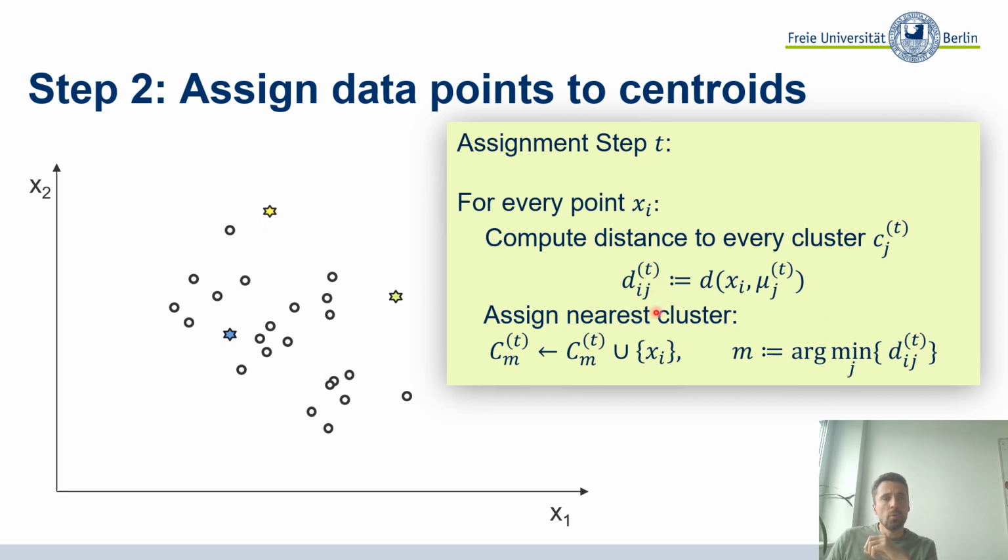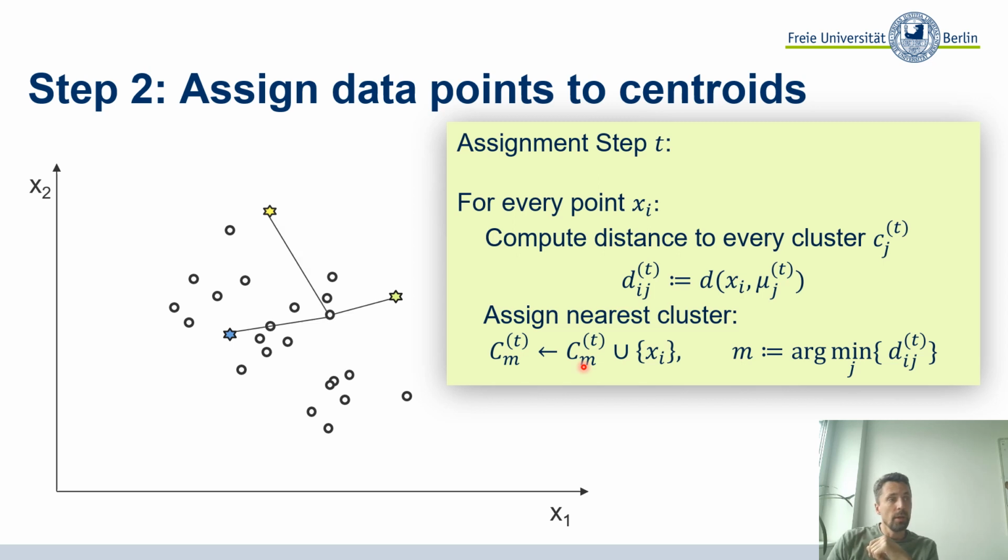So in the end, we have a matrix, let's say, for all the data points and all the K centroids, and in this matrix we'll find the value for the distance metric of all the points to all the centroids. And then of course we look for the minimal distance and look at which of these cluster centroids was closest,